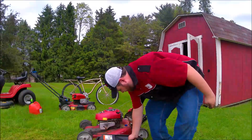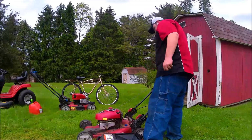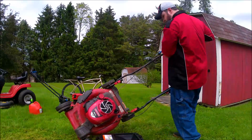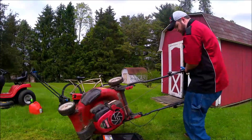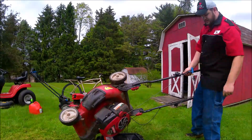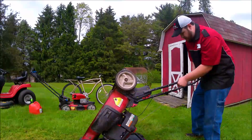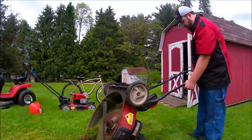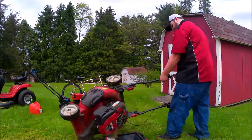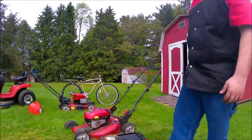I should have changed the oil before I went ahead and refilled the gas tank, but I think we'll be okay. That oil's only been in there a year, guys. Not a whole lot of oil in there to be said for. I don't know how well you guys saw me changing that oil. Probably not too well,